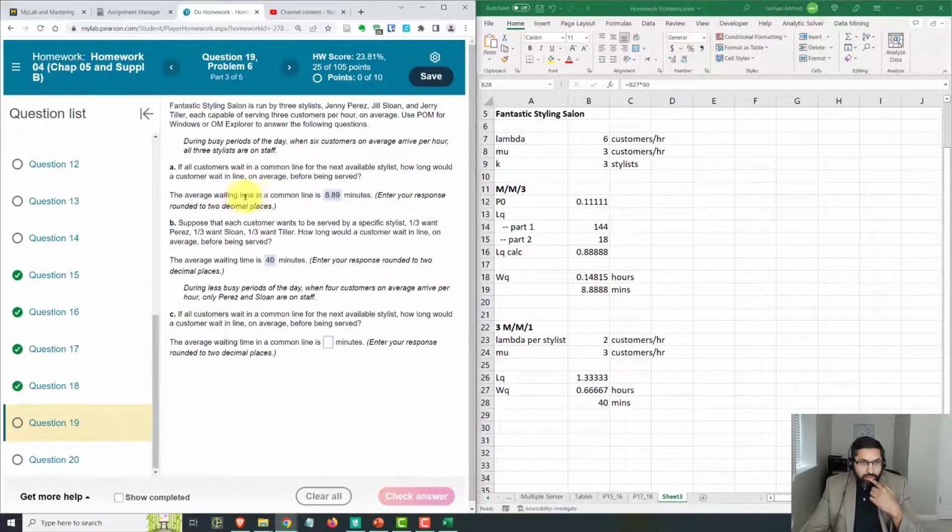Okay, so part C. If customers wait in a common line for the next available stylist, how long would a customer wait in line before being served? So we just did that here. I'm just wondering, how is that part different? Part C. Oh, okay. So we have this new information